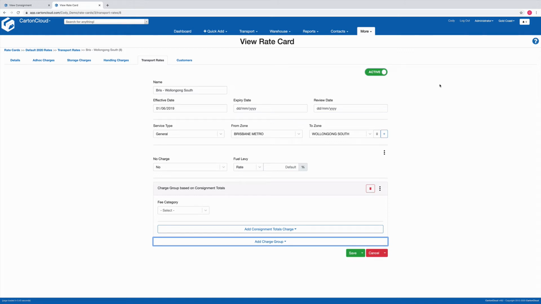In this video, we're going to look at how to set up kilogram rates with a cubic conversion. In here we can see we're in a rate card. Now this rate card I've set up for Brisbane to Wollongong South, and we've got our effective date. We've got a service type of general, and it's going obviously Brisbane Metro to the zone of Wollongong South, and